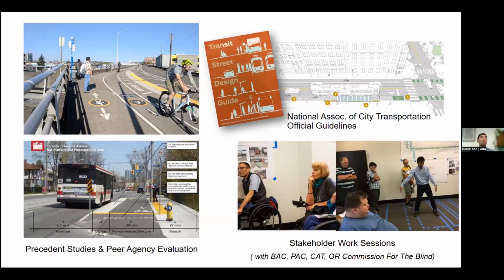So we started with a precedent study, defining a variety of different typologies, exploring similar platform and stop configurations throughout North America. We even went to Amsterdam and Copenhagen. We observed activity and user behavior at several similar locations here in the Northwest, in Portland and Seattle. And we convened a series of work sessions. We had design pinups, and we devised a series of spatial exercises that helped us explore spatially what would fit in some of these zones, what felt comfortable, and how when you move some of these elements around,